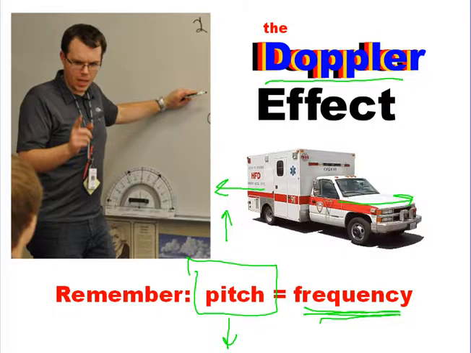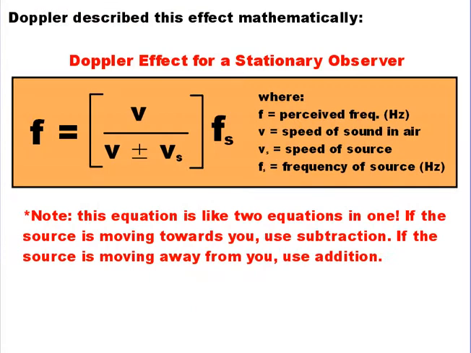Now, how can we describe this higher frequency and this lower frequency? Well, Doppler came up with an equation that would allow us to describe that. It's kind of an ugly looking one. It looks like this. Frequency is equal to the speed. This is the speed of sound in air. We just call it in our physics textbook here v. The speed of sound in air divided by that same number,